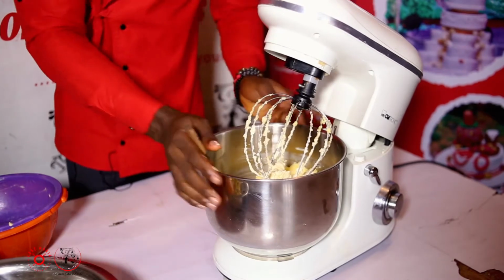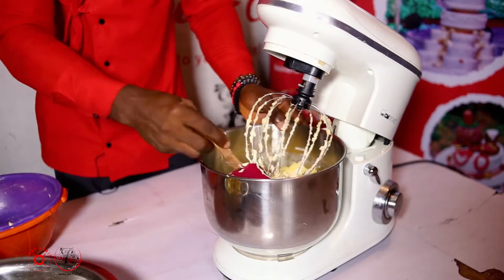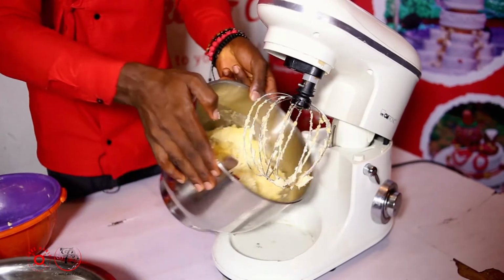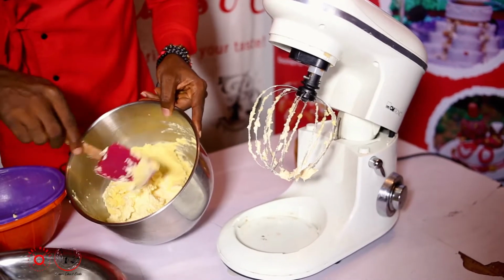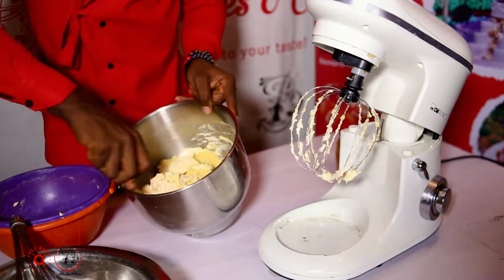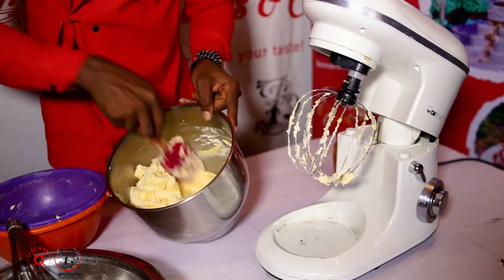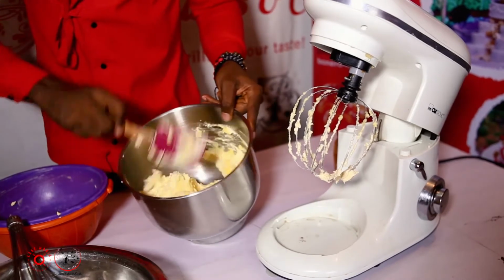Please, you have to remember to do this, very importantly, because let me show you. Let me take it out and show you what I mean. Not all the butter is going to be incorporated. You see that? So you have to turn it manually before you take it back to the machine, so it can be properly creamed. So I do that,